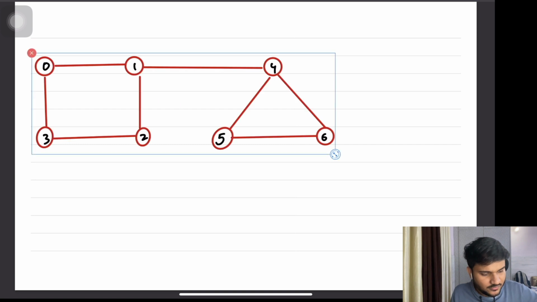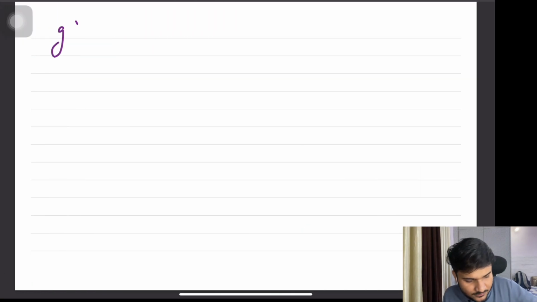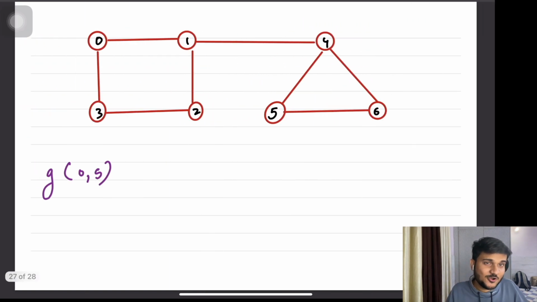So let's say this is the given graph. Now you want to get all the paths. Let's say I will write a function g from 0 to 5. And what is g of u to v? G of u to v will give you all paths from u to v. Now if you want to get all the paths from u to v,